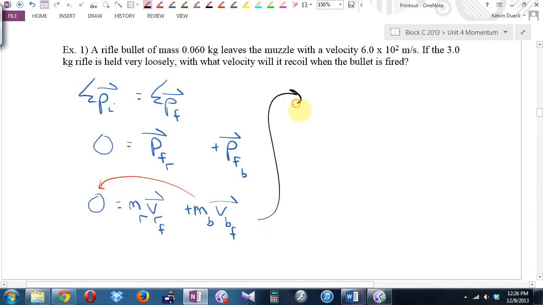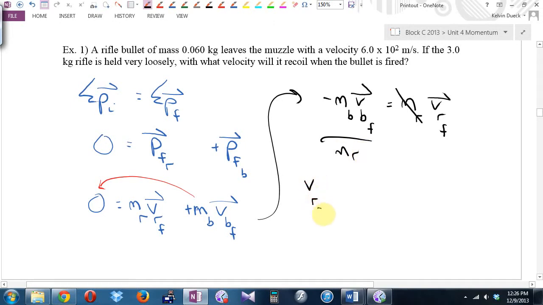Can't see it, so let's write it. I have negative mass of the bullet times V bullet final equals mass of the rifle times V rifle final. How would I get the V rifle final by itself? Okay, so the final velocity of the rifle is going to be negative, in the opposite direction of